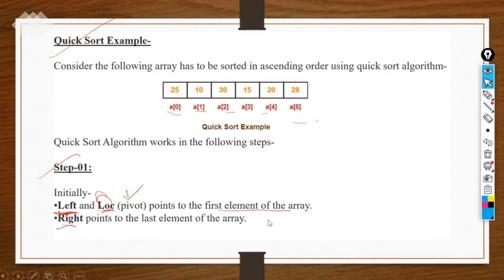You can take any element, but most of the time it gives better clarity and a better approach to take the pivot element as the middle variable. But for now, since it is just the start of the algorithm, I'm assuming the first element itself as the pivot element or LOC element. This is the left-hand side of the array, and this one is the right-hand side of the array.